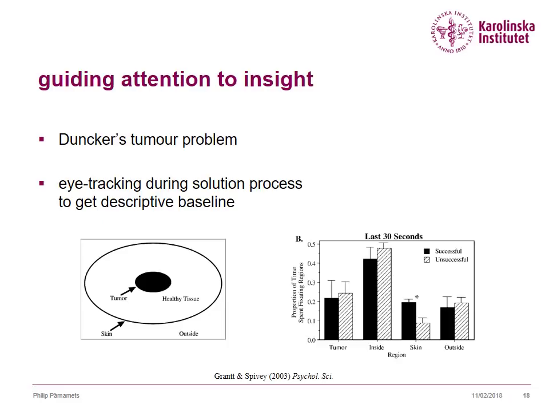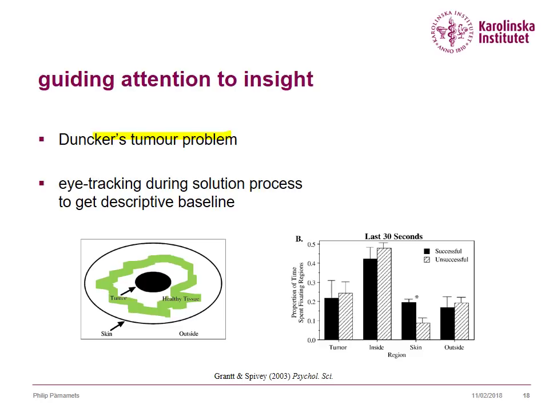In this study, researchers investigated Dunker's tumor problem. And in the tumor problem, which you're also, of course, familiar with by now, recall that there is a skin of a kind of organism or whatever, and there's a tumor in the middle, and there's healthy tissue on the outside of the tumor, and the problem solvers were told that the tumor can be killed by